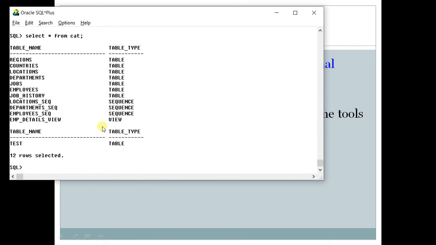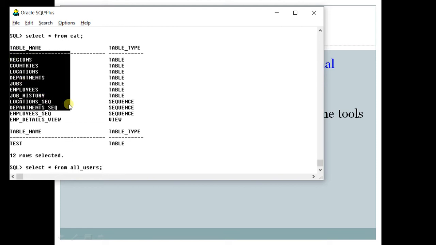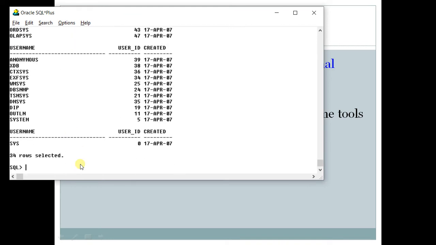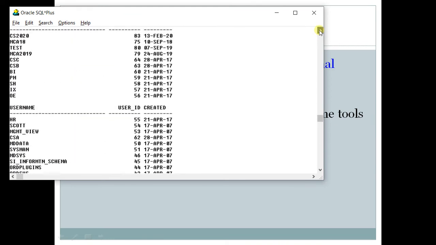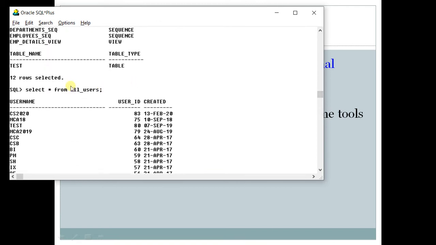Similarly, there is one table, select star from all underscore users. Now you can see that there is no table named all underscore users, but still you can select it. So what is this all underscore users? It is again a data dictionary table.